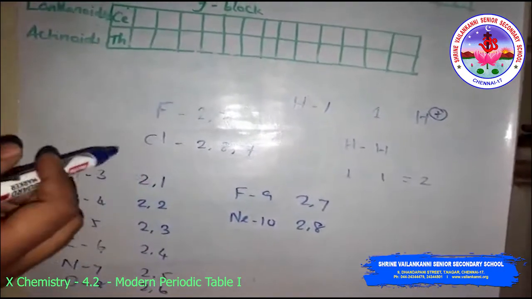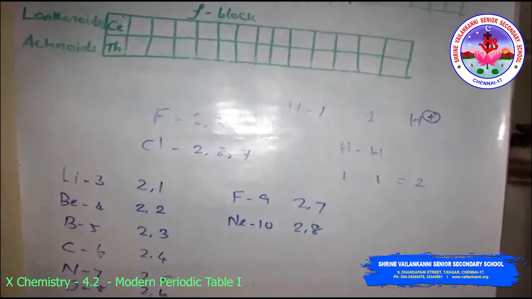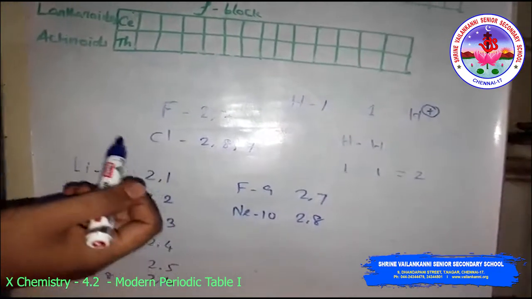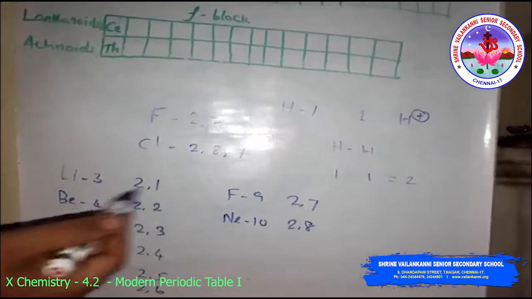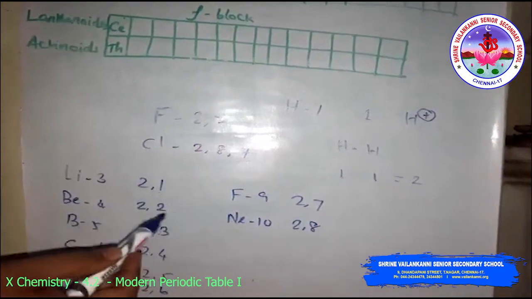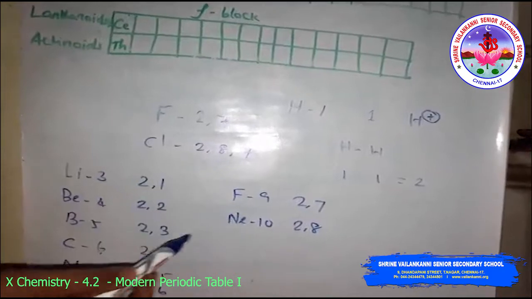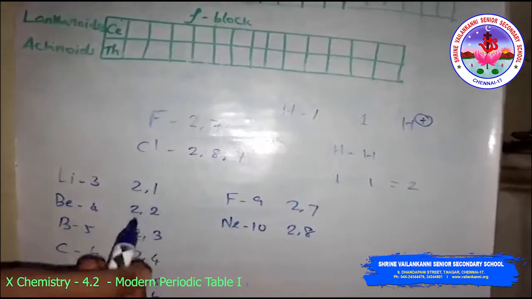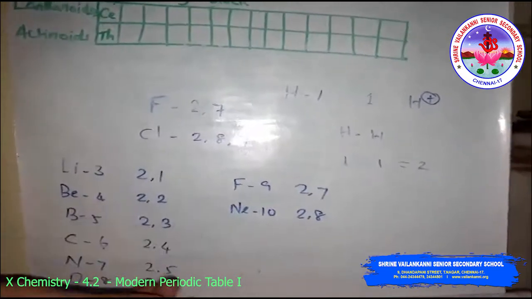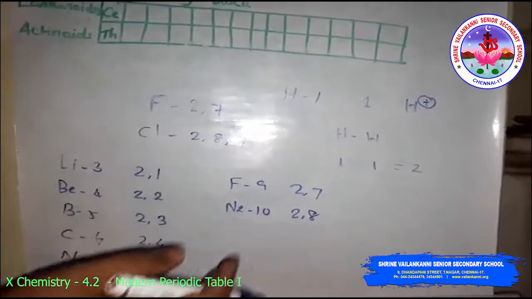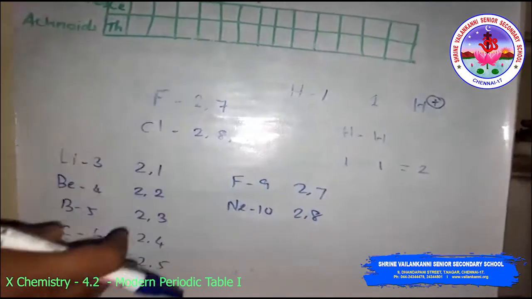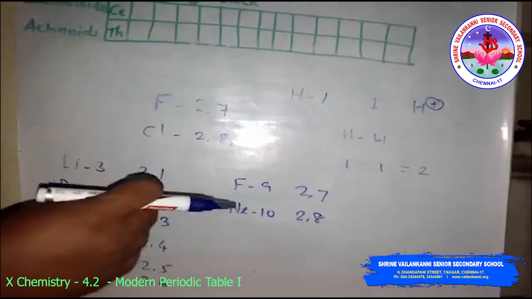So here we explain the number of electrons in this period based on how electrons are filled in the various shells. You will study the details of this in higher classes, that is based on the Aufbau principle, the Pauli exclusion principle and Hund's rule. So many rules are there.